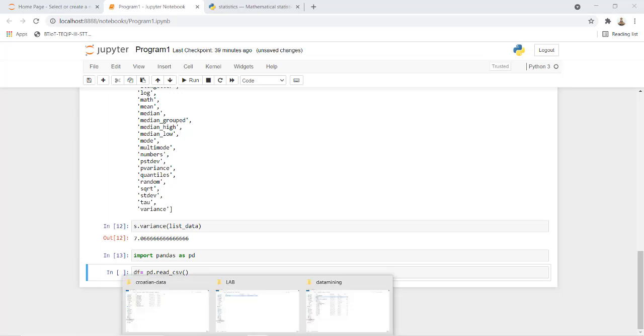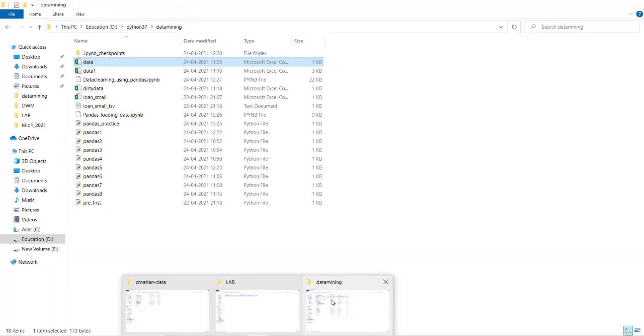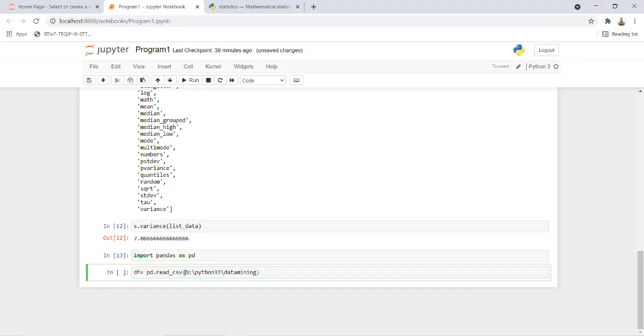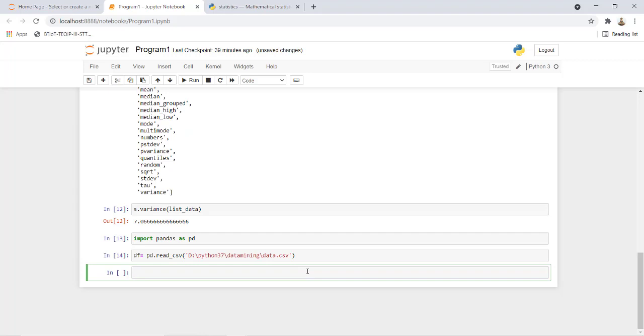So here in my computer I have the file somewhere here. This is the path of this, and the file name is data here. Give this path inside single quotation marks. The file name is data.csv and the quotation ends here. Let us execute this cell.